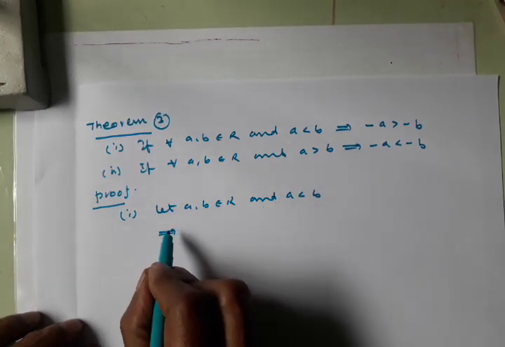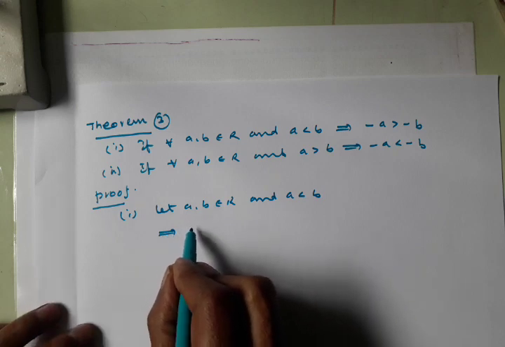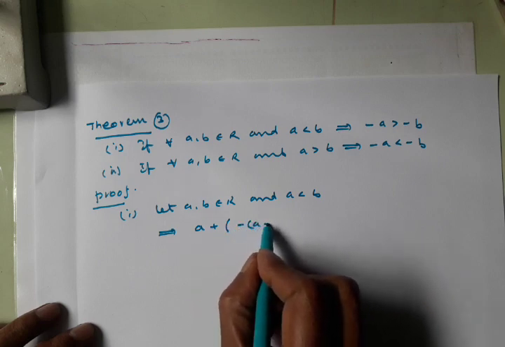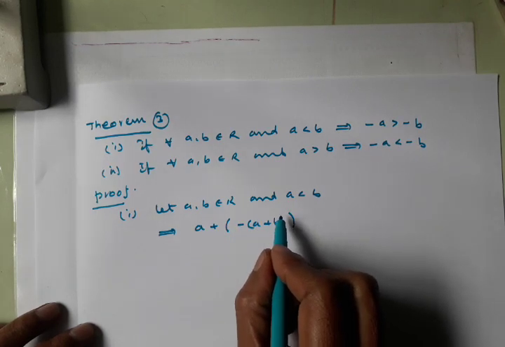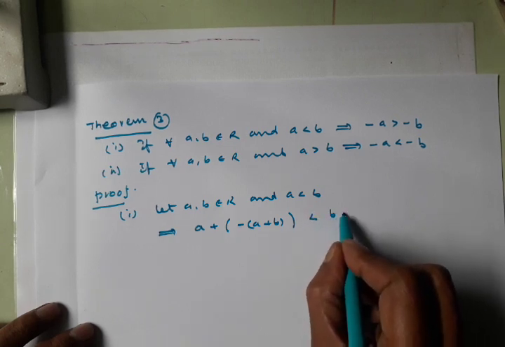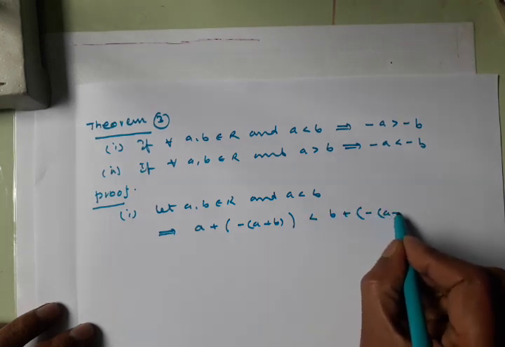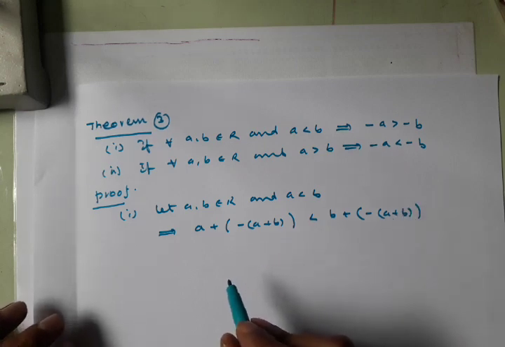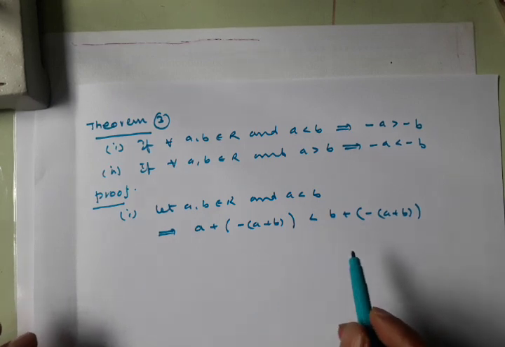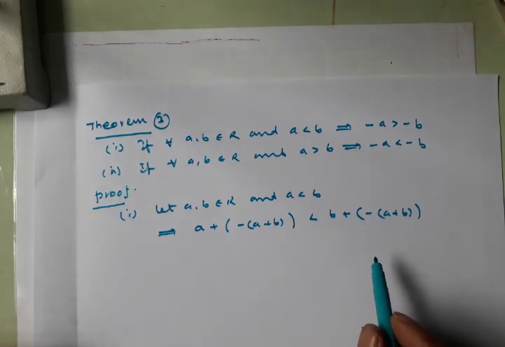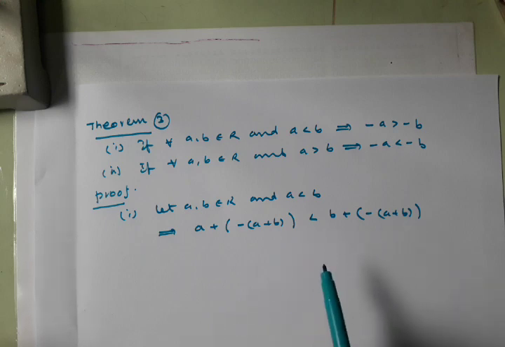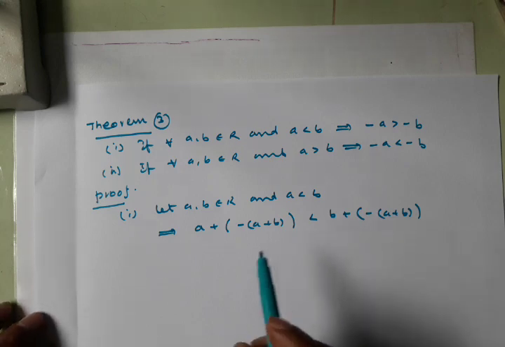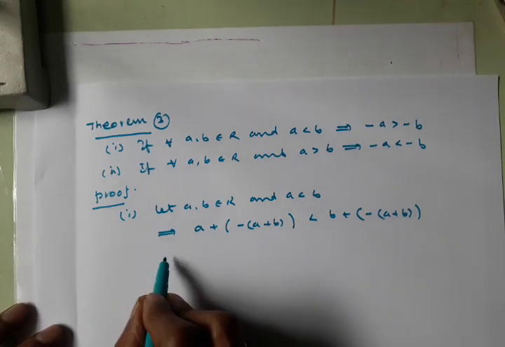implies a plus of minus of a plus b is less than b plus of minus of a plus b. That means we are introducing the plus element on both sides. So this is also to be true under the right cancellation law. Implies